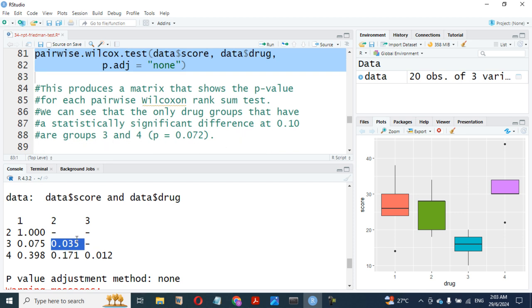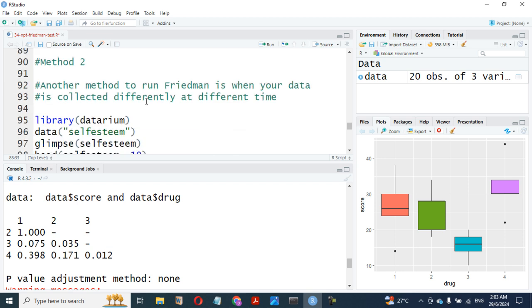groups 3 and 4. Now we have group 3 and 4 and group 2 and 4 that are now significant when you use the original p-value. All right, so this is just the first method. But the second method is